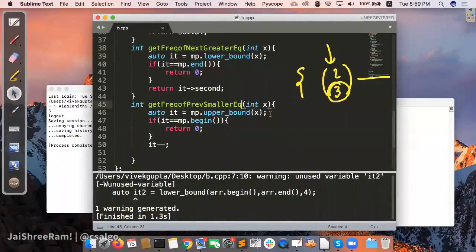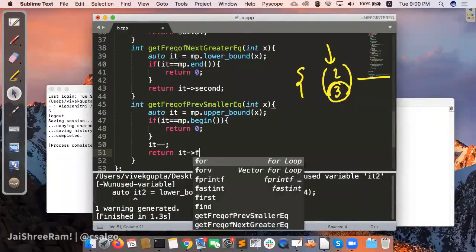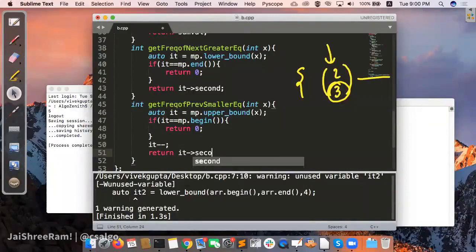Okay, so make sure that when you are doing it++, check if it's not already end, because if you go beyond end, you're doomed. It will give you a segmentation fault. And before doing subtraction, if you want to go backward, check first if it's begin or not. If it's not begin, then only do it--, or else you break. If there is no element, you need to handle that logic separately. And once you go one element back, you can easily return its frequency. The frequency is saved in second, right? This is clear to all.